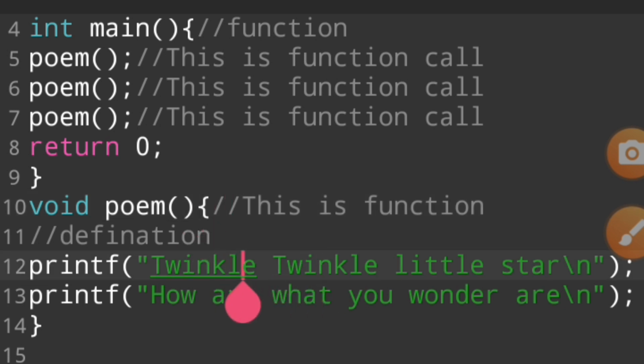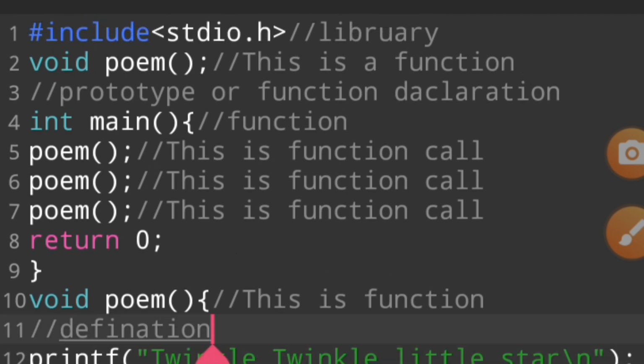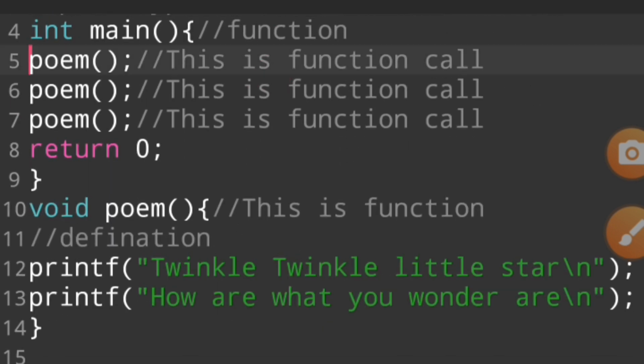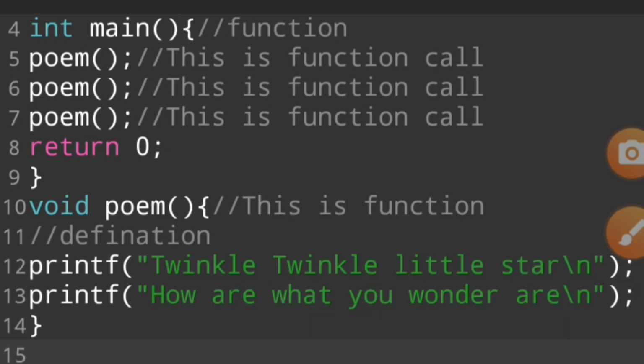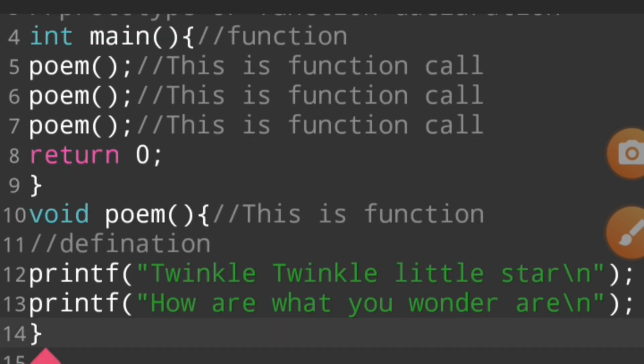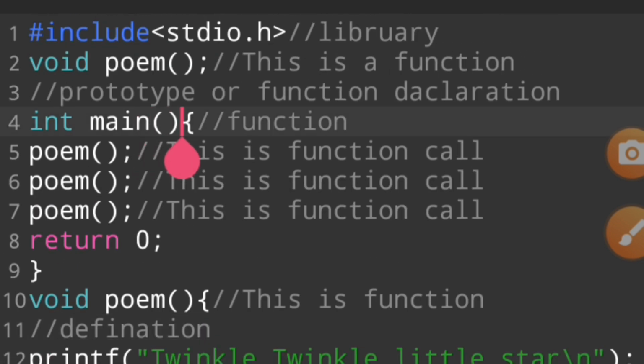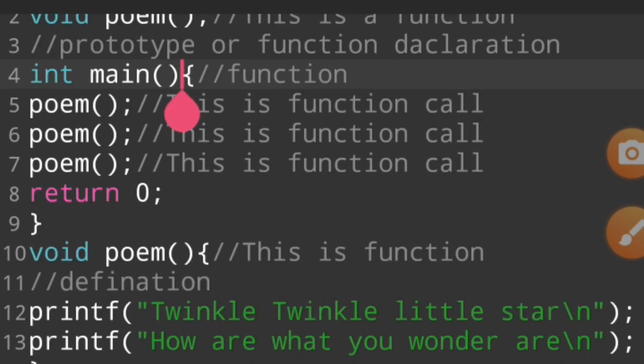The compiler reads this program, and sees that our programmer wants to print twinkle twinkle little star, how I wonder what you are. So the compiler executes this program with the help of the printf function. This function we use with the help of stdio.h, and when two lines are printed, our work is finished. And then the control goes to integer main, and the work of integer main is active, and integer main tells the compiler to read the next line.